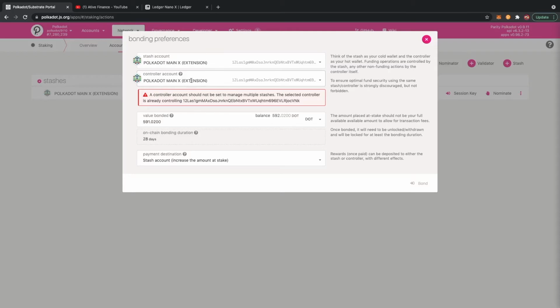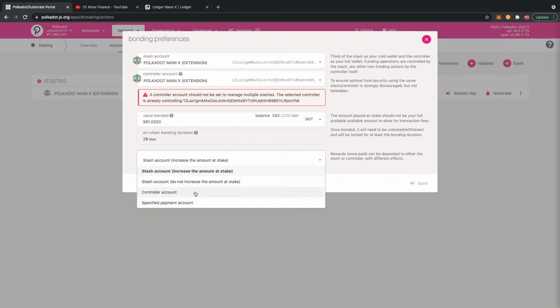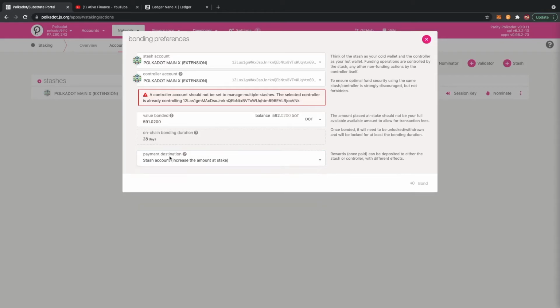So what you could do is create another account that's not on a ledger, maybe just to control this, but this account's not able to withdraw anything. And then for the rewards, where do you want to receive them? You can send them to a different account, you can do all kinds of stuff. But I'm just gonna receive on my stash account, which is the same as this one. The management, the stash account, and the payment, everything is gonna go to the only account